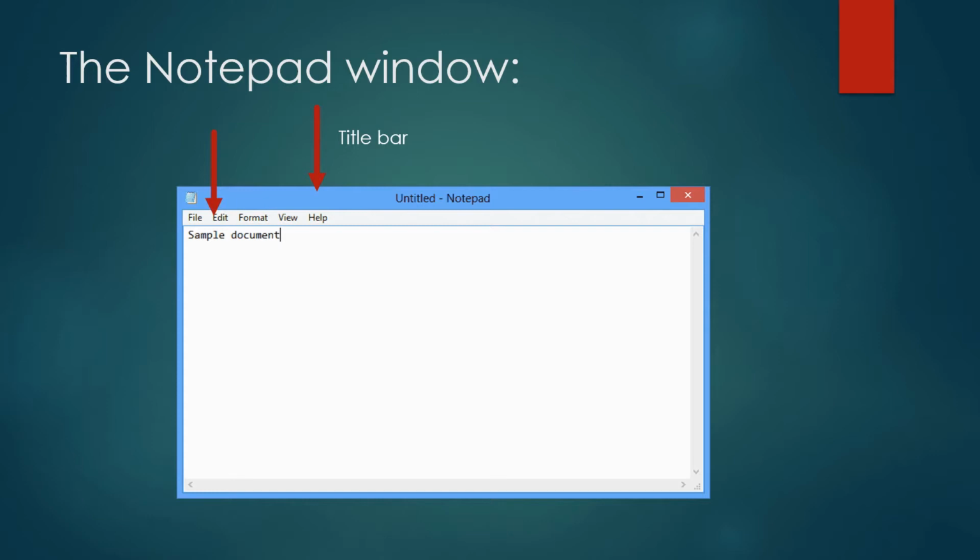The menu bar consists of the file menu, edit menu, format, view and help menu. Third one, whichever blank area we call the text area. We are going to type the text in the text area. We can see one standing line that is called the cursor.